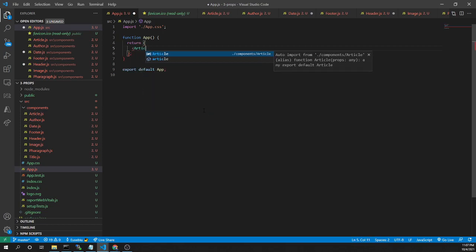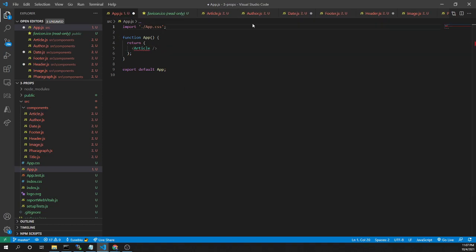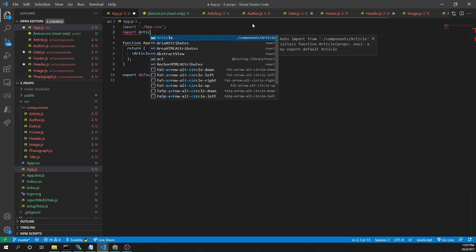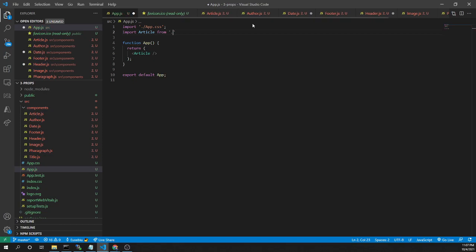Let's add multiple article components. So here I need to import article from components article, and to the article let's send some properties.